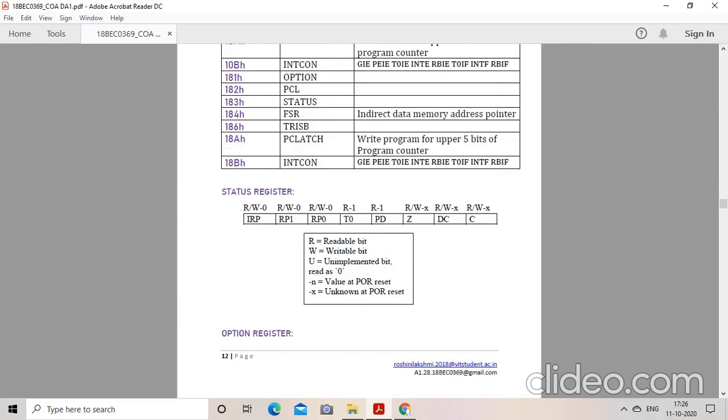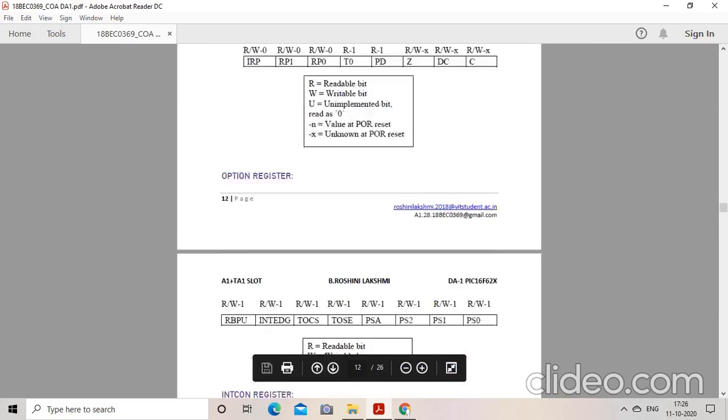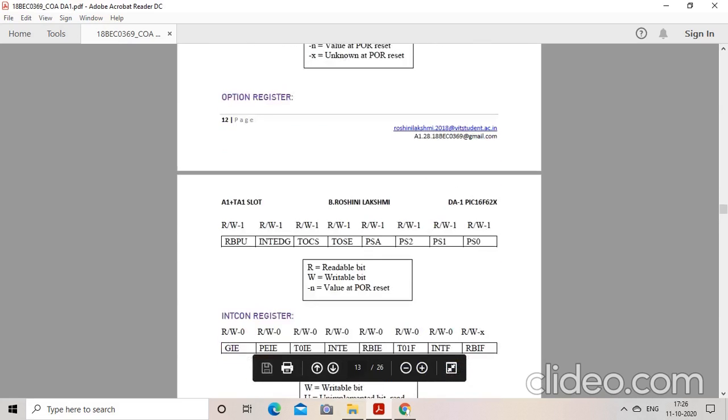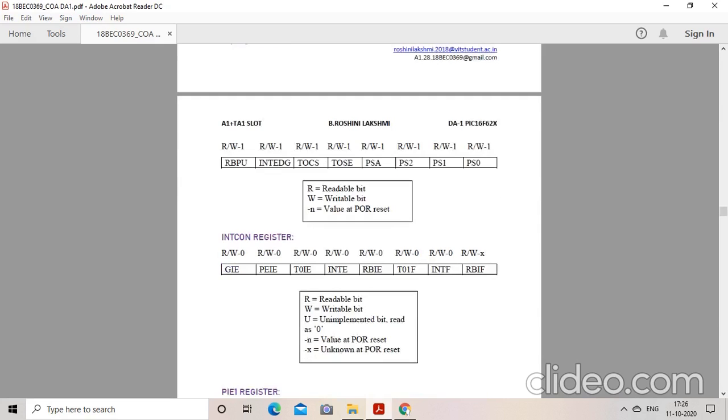And coming to the option registers. These are the option registers: PS0, PS1, PS2, PSA. All these are read or write, as well as TOSC, TOCS. These are also read or write. And then the INTCON registers. Here everything is read or write. And coming to the PIE1 register, PCON register,